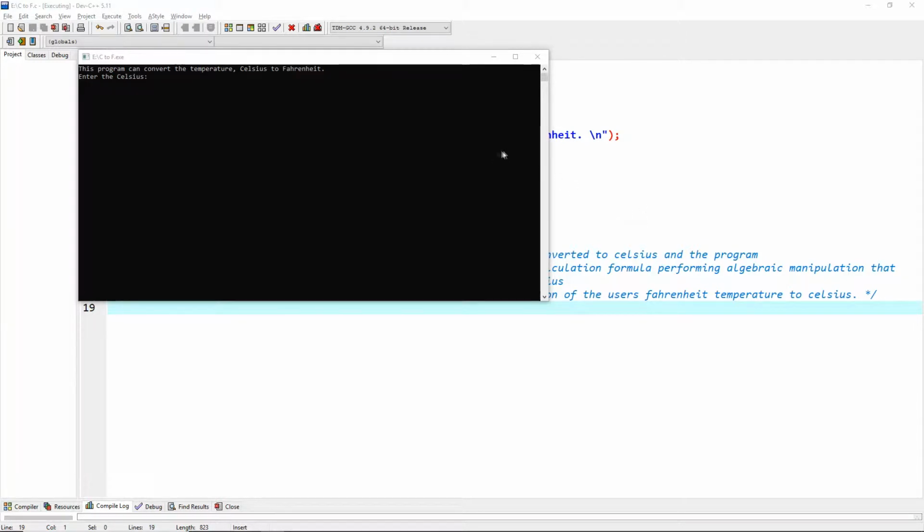Hello guys, this is the BD, and our program for today is how to convert the temperature of Celsius to